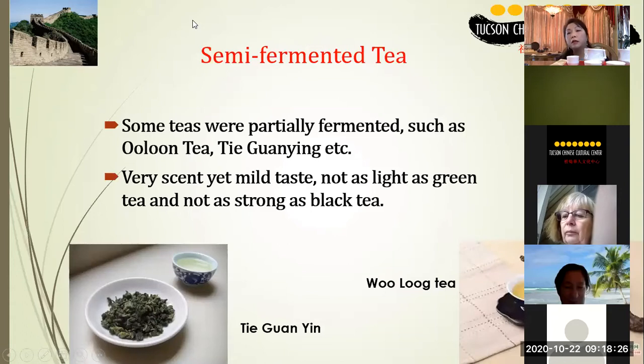Next we call it semi-fermented tea. Semi-fermented is between black tea and green tea. So the color is a little bit darker than green tea, and the caffeine is a little bit less. The taste is a little stronger. So we call it partial fermented. Like oolong tea, it's semi-fermented. It's not black tea, it's oolong tea. And Tie Guan Yin is